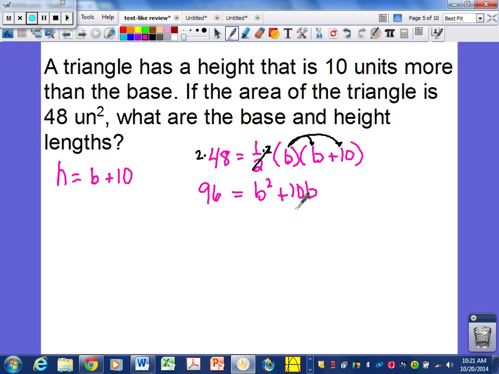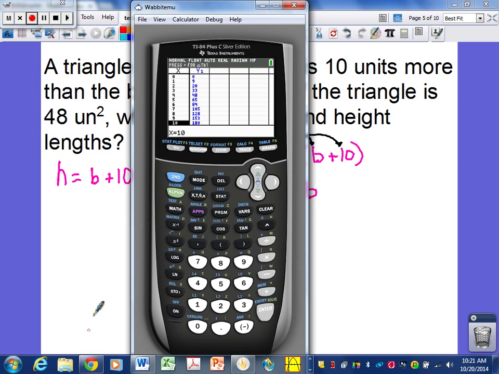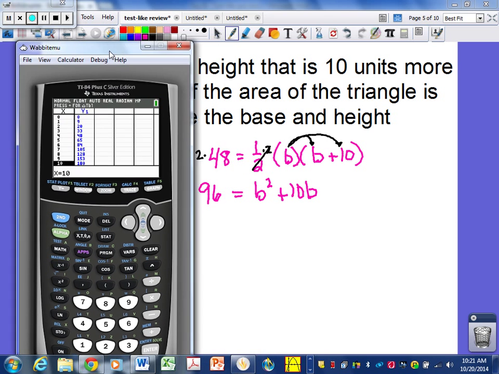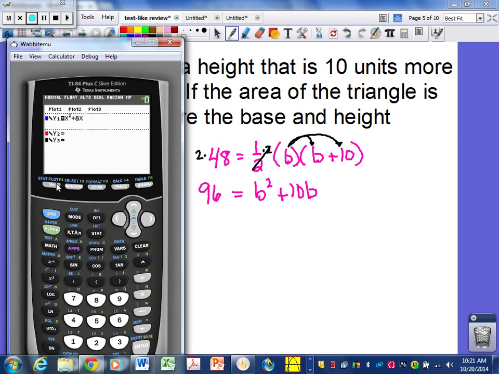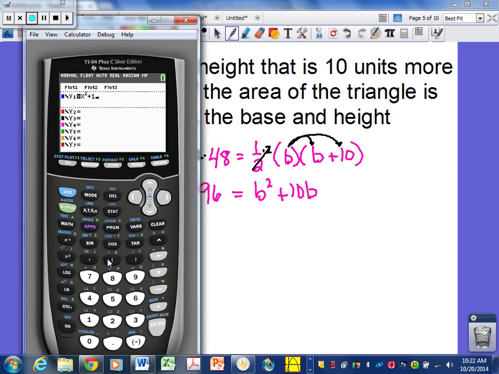Okay, so there are many ways that we can solve this. One way is by using your graphing calculator. Let's find our graphing calculator. Here it is. Okay, remember, we're going to go into our y equals and put in our equations. Well, just this equation, basically. We're going to put in x squared plus 10x. Uh-oh, I can't see my 0. No help. Plus 10x. Okay, that's your equation, x squared plus 10x, and we're going to look in our table for the